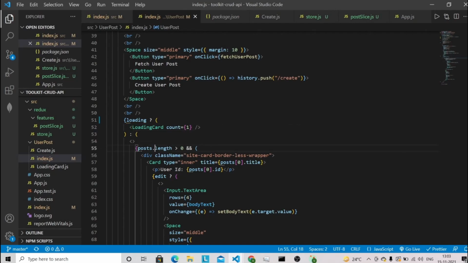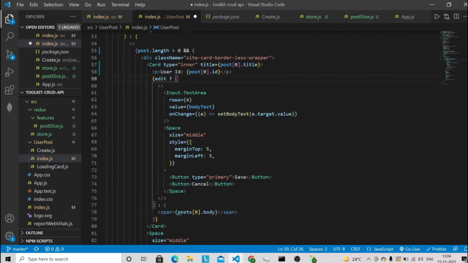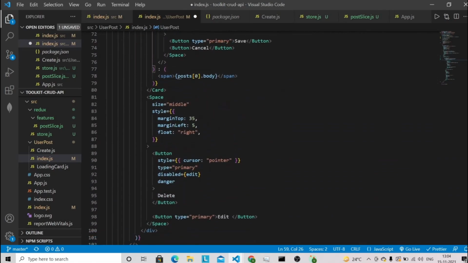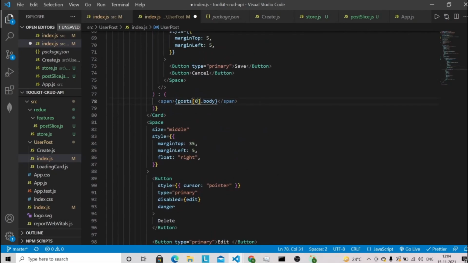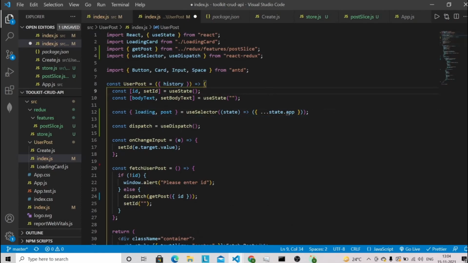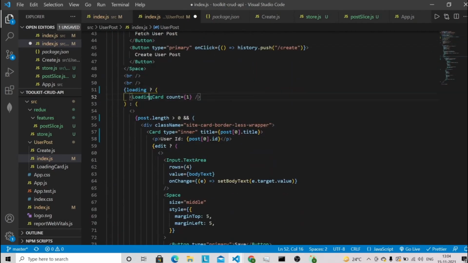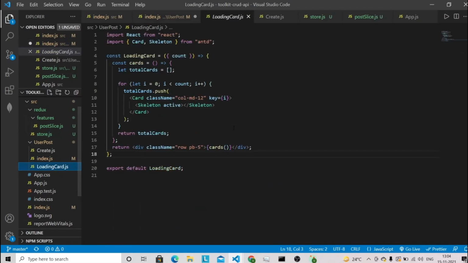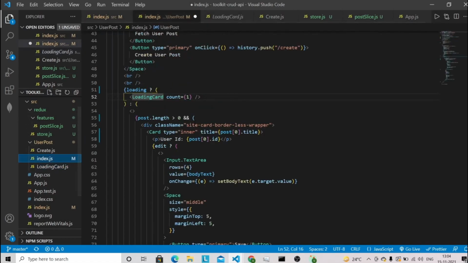So here we have a post, and we have to make a little adjustment. It will always have a single array of object based on the id, because we are only fetching a single post based on the id. So let's do this small adjustment. This will be the loading, guys. If loading is true, then I am showing the skeleton loader. This is the skeleton loader which I am showing while fetching the post. If the promise is not resolved, it will show the loading until it gets resolved.